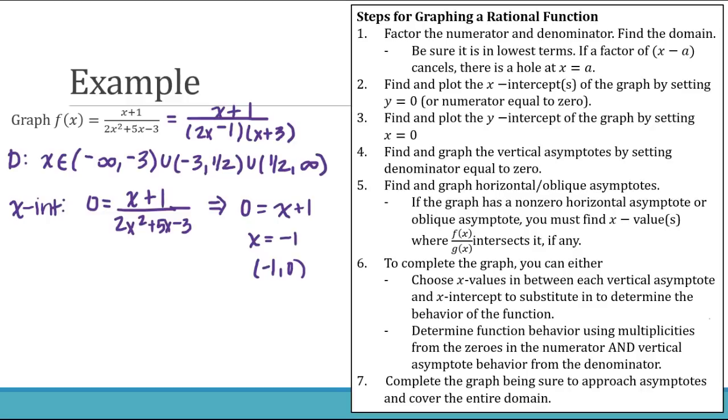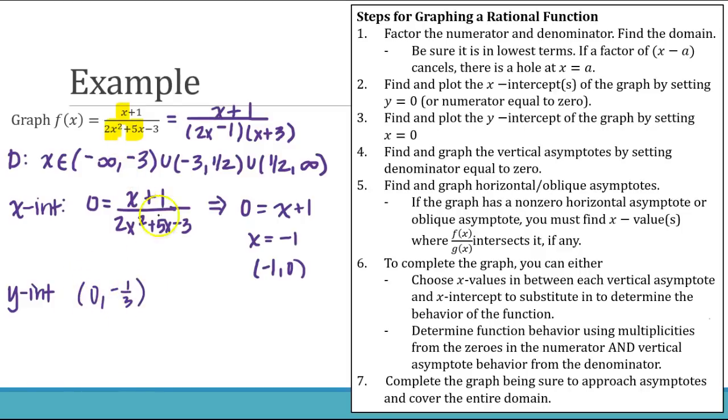So part 3 is find and plot the y-intercept by setting x equal to 0. So to find our y-intercepts, we set all of our x's equal to 0. So that's, you know, here, here, and here. So if we set all of those x's equal to 0, all that's left is 1 over negative 3. So that means our y-intercept is 0,